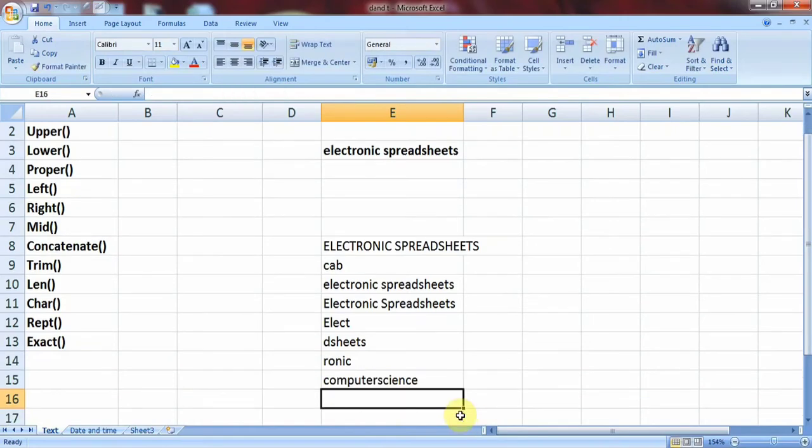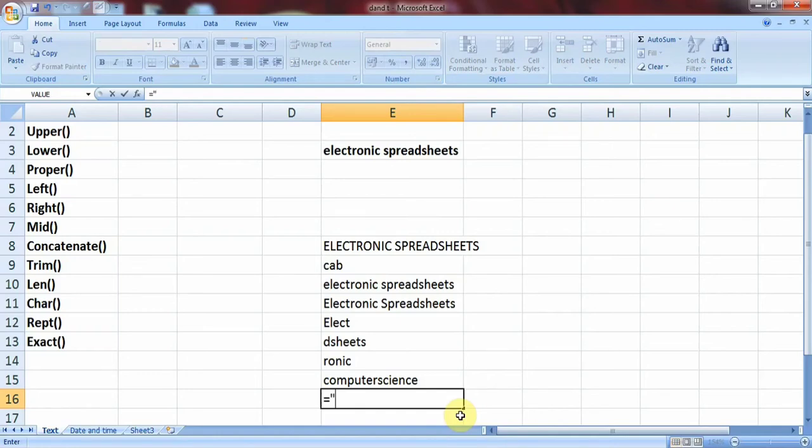In the same way, you can pass any number of arguments, that is up to 255 texts, to the concatenate function. There is an operator called ampersand, or the and operator. Using this operator also we can concatenate or join two strings.